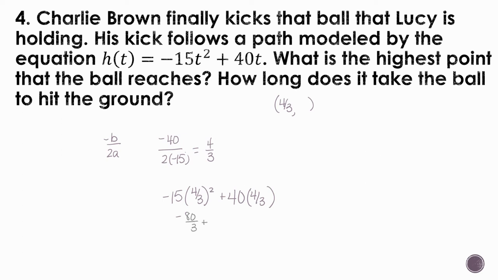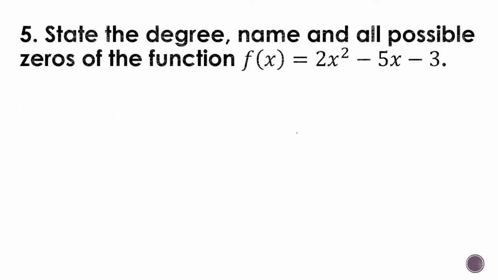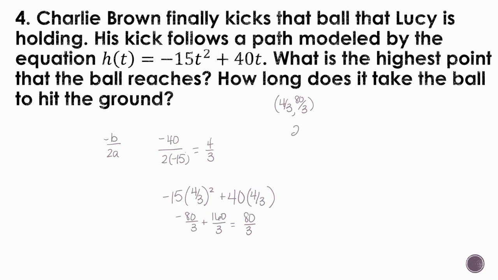And then 40 times 4/3 is 160 over 3, which gives me 80 over 3. So the highest point that the ball reaches would be, and we don't really talk about distances in 80/3, so let's change that over to a decimal. So that would be about 26.7,